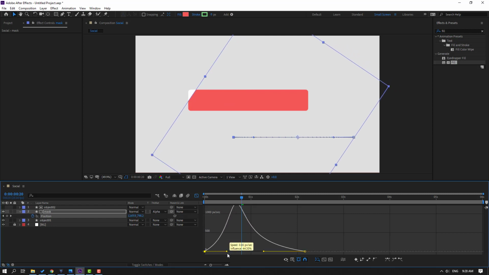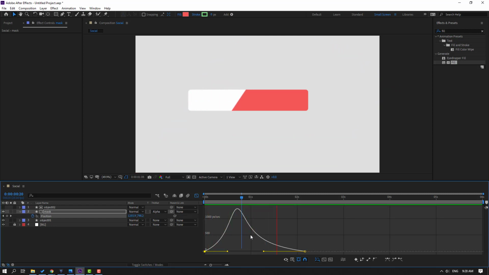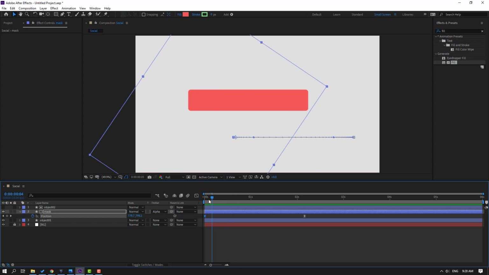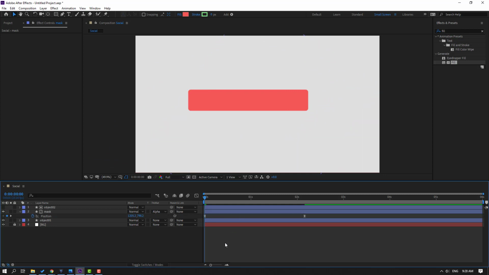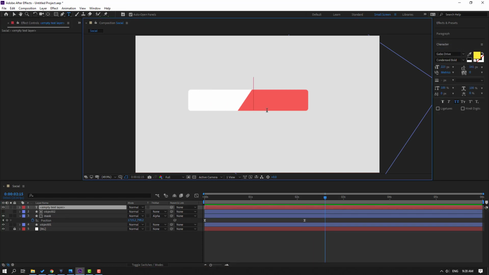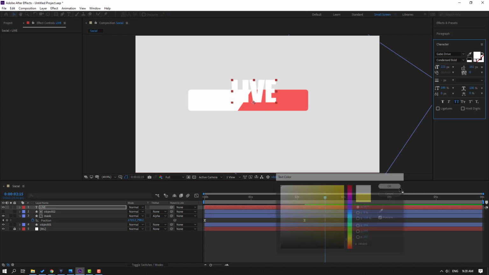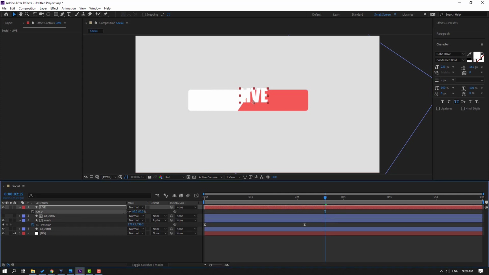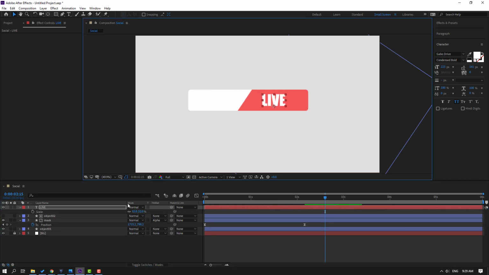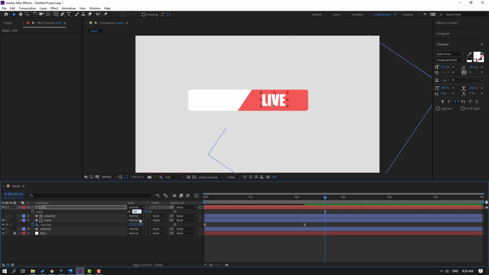or like this. Nice. So select this keyframe, let's move to right, let's see. Okay, good. And go to text, click here, let's write live, click selection tool, go to color, change to white, click OK, press S, change scale, move to here, let's change scale 60